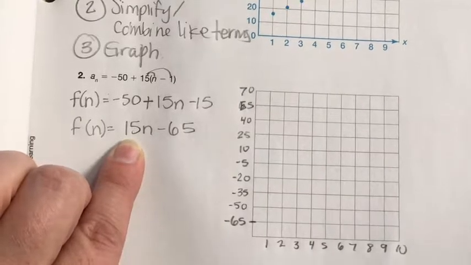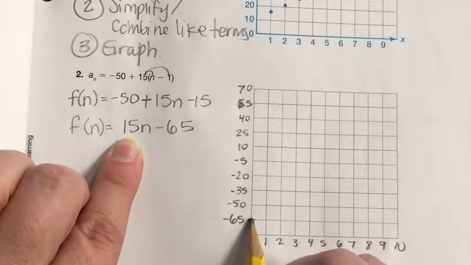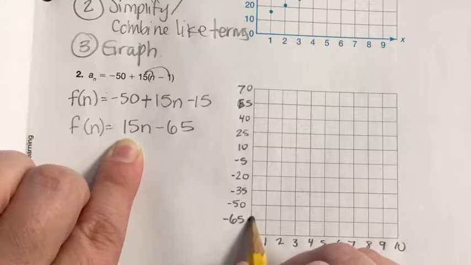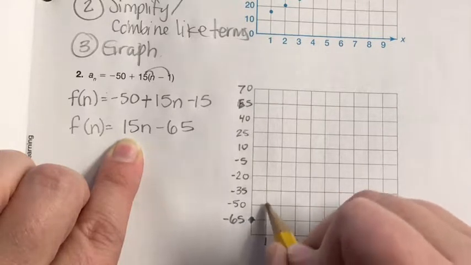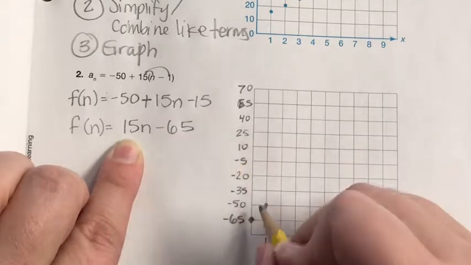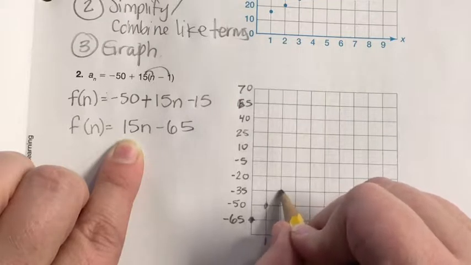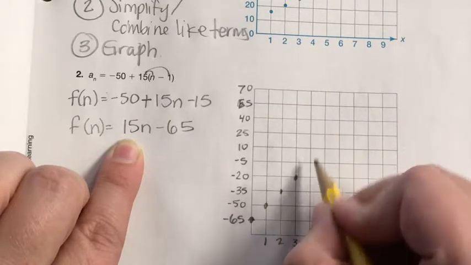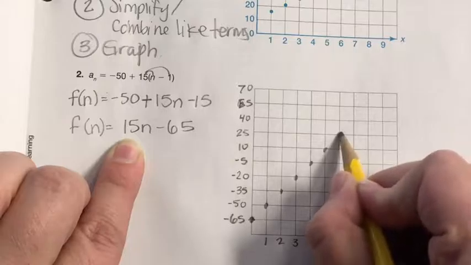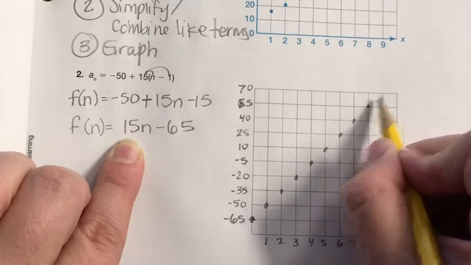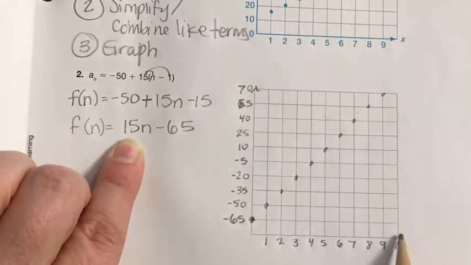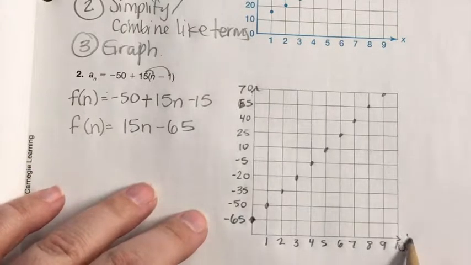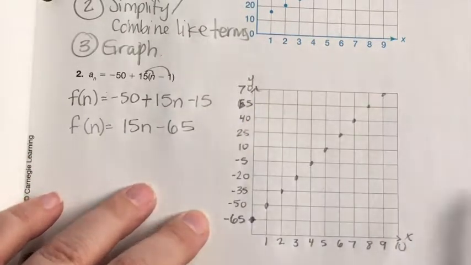So the cool thing is this starts right here, right? And then over 1, up 15, because that's my slope. It's just going to be a nice perfect diagonal across the graph. Easy, huh? So arrow, arrow, this will be the x-axis and that's the y-axis,